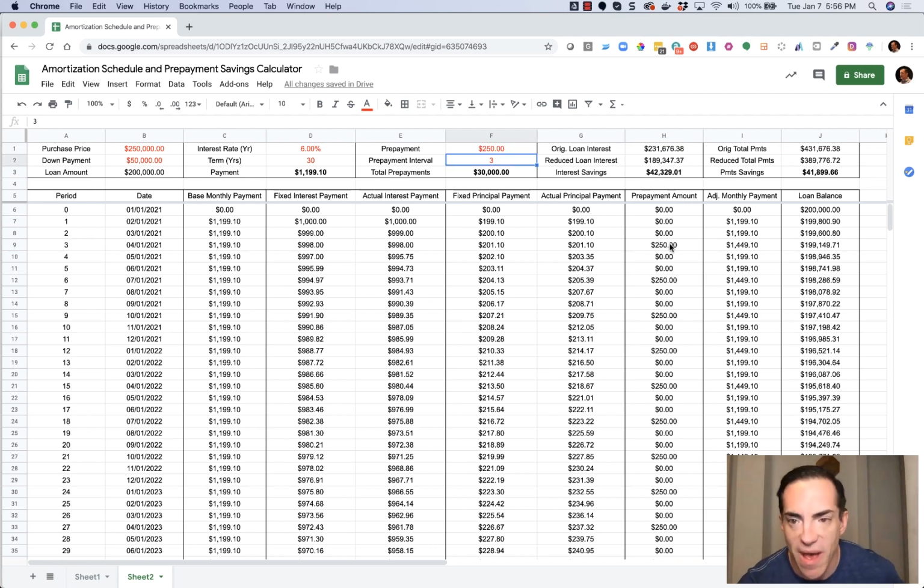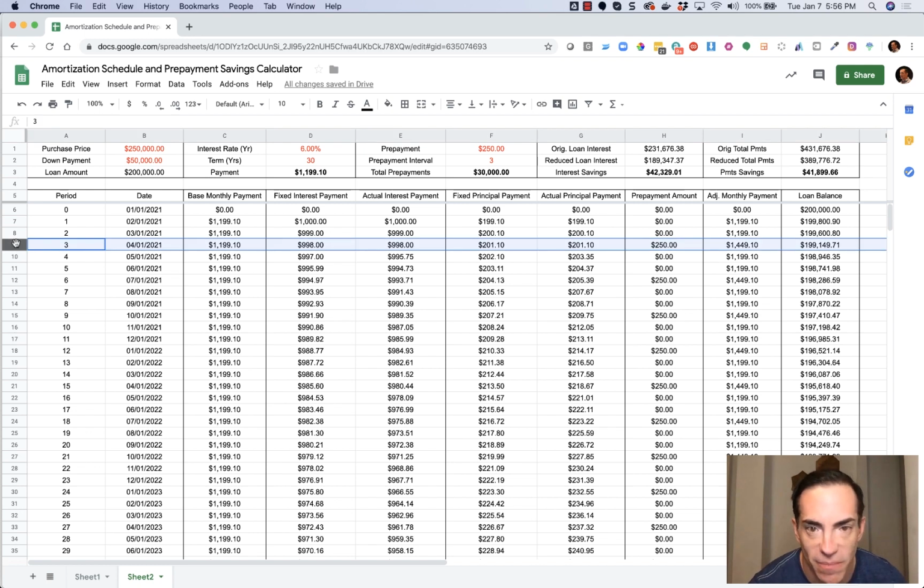Everything updates. So every 3 months now, you have an additional payment of $250. So you see in those months, your adjusted monthly payment is $250 higher than the base payment in the other months. You see that as soon as you make that first prepayment, which is in this period, the next month is when you actually have a lower interest payment than what was originally scheduled based on the loan payments. So by making that first $250 payment in month 3, you actually reduced your interest in month 4 by